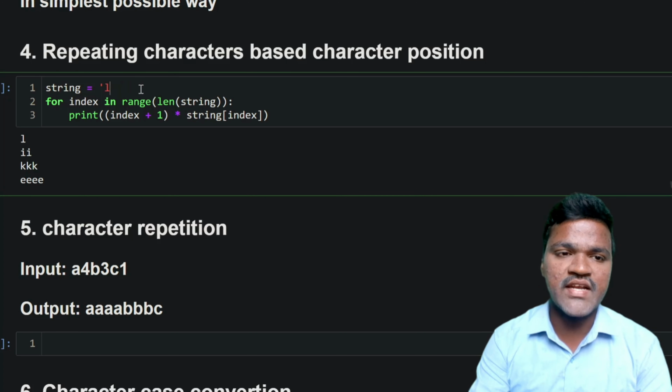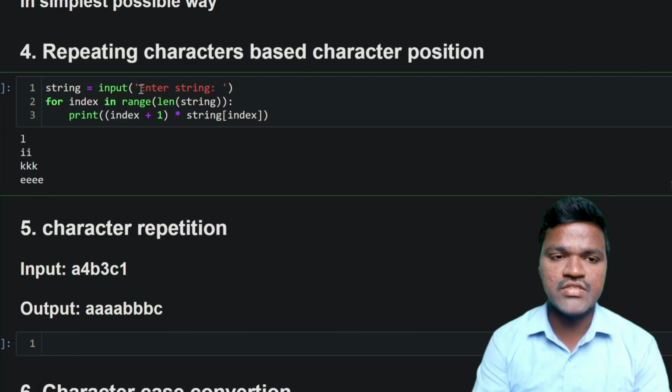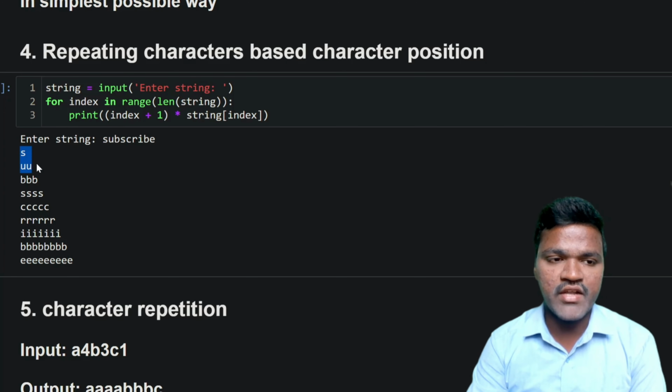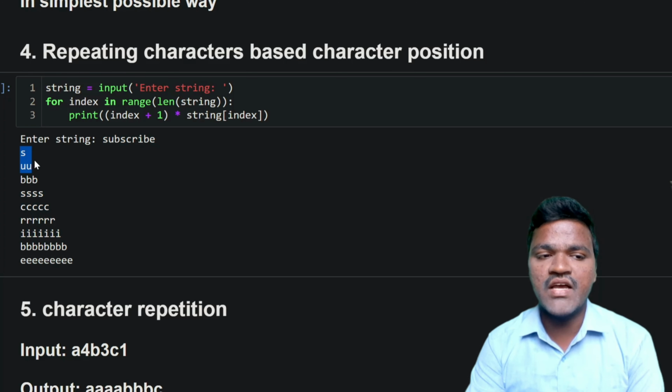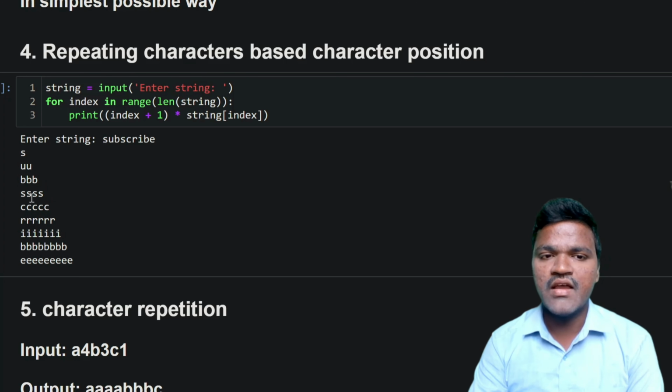So we will take this particular string dynamically from the input. So I am mentioning input, and I will ask to enter a string here. If I execute this, and let's say I give subscribe here, we are getting S for 1 time, U for 2 times, B for 3 times, like that. Based on the position of the characters in this particular string, we are getting the repeated characters. I hope now you can clearly understand how we are solving this particular problem using these methods